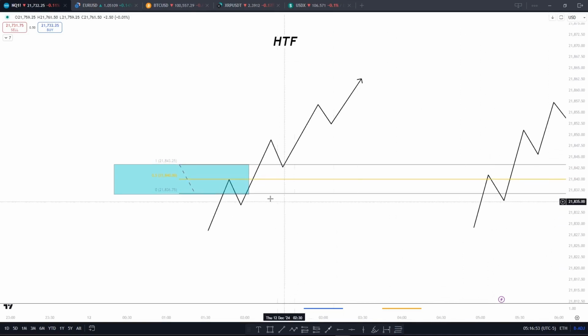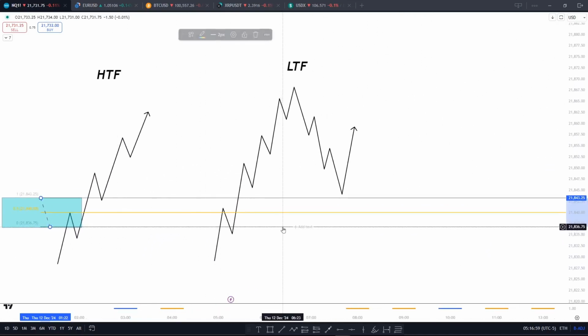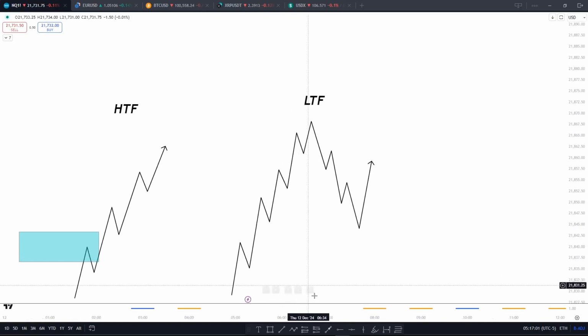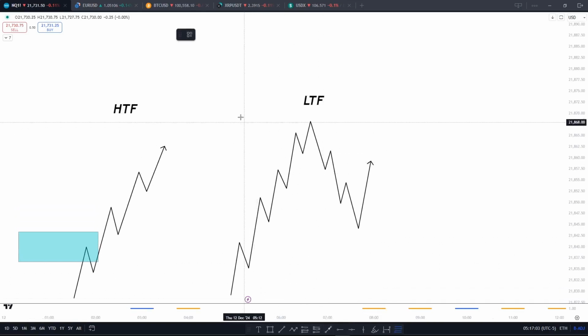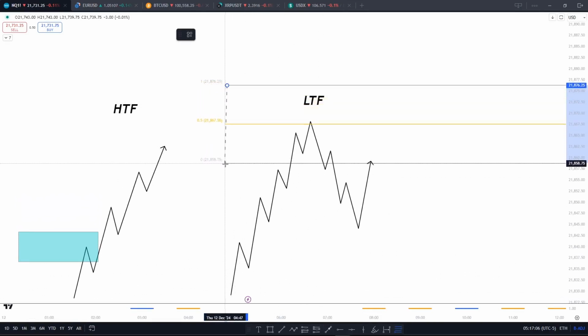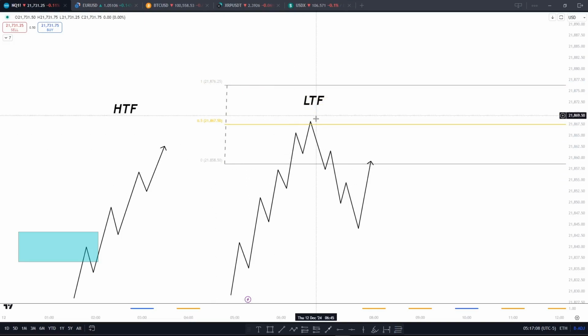As we can see, we've traded into equilibrium, and now what are we expecting? If we go into the lower time frame now, what you will see is that the equilibrium line will be right around there. If you see the lower time frame dig into that higher time frame PD array, then start to